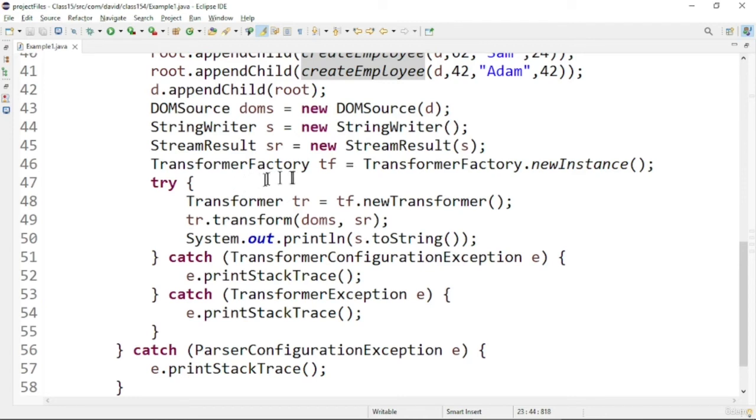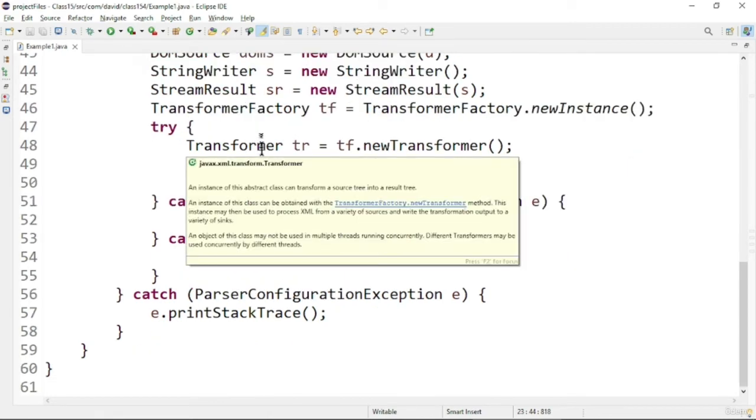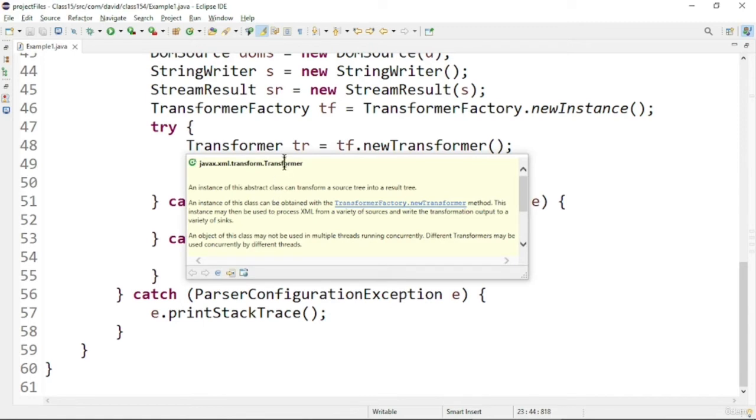The transformer factory is used to create the transformer for our particular XML file. We will create a transformer object after that in the try block. There are some exceptions thrown, so we have to put it in a try block. Here you can see the transformer is created like this.